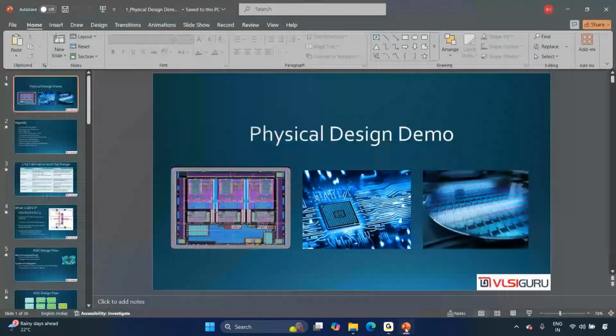So, once again, very good morning to everyone. Today we are here for the physical design demo. The batch starts from tomorrow, right? So, the agenda of today's discussion is